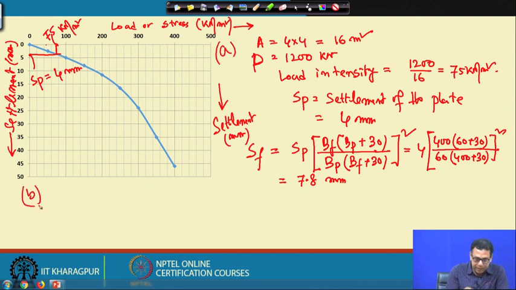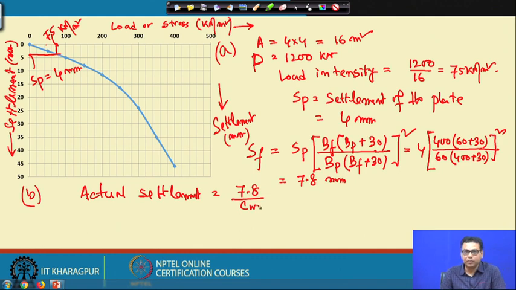Now, the part B. So, our actual settlement is equal to the settlement divided by CW. CW is the correction factor. As the correction factor, I have mentioned that we have two correction factors that we can use. Now, if I use the IS 8009 method,